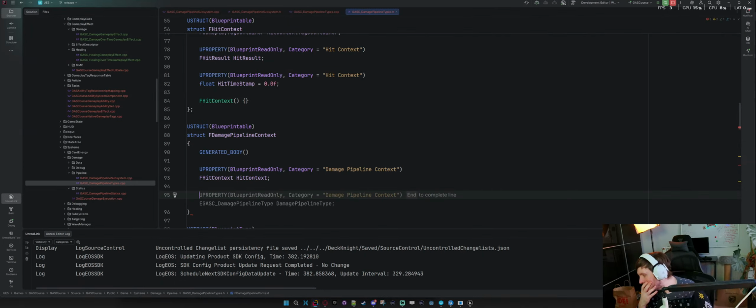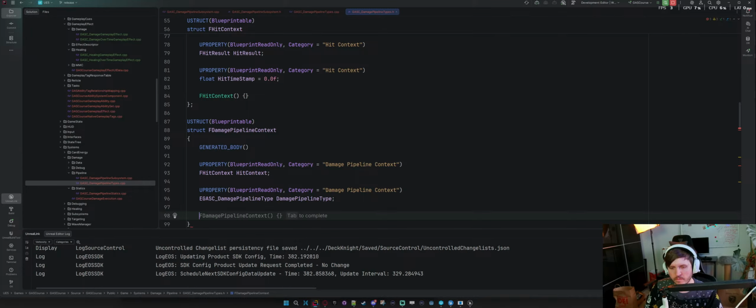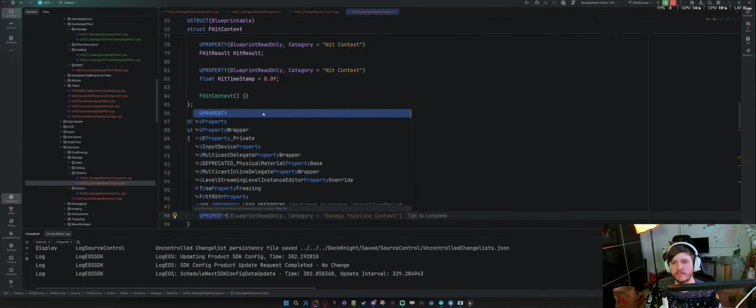And then probably the type, and at this point it could be any kind of values, right? So property.